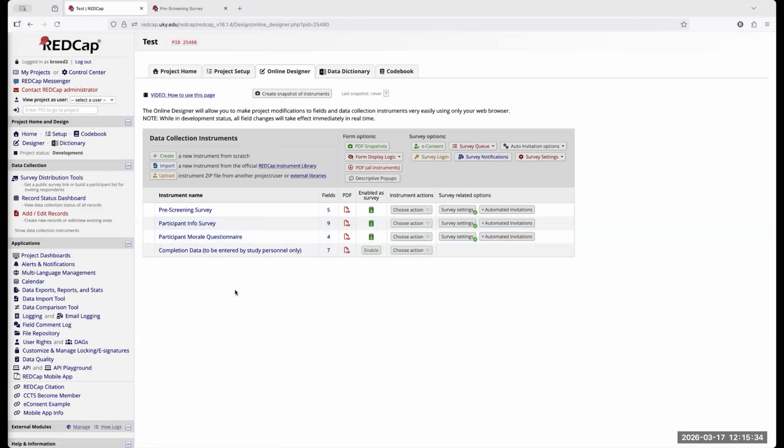So basically, when you start your project, you would manually send out this pre-screening survey using that public link. You would email that to them, post it on a website, send it to a listserv, however you want to get your survey to those participants. It could be a QR code. If you wanted to create a QR code for that individual survey, you could do that as well. However you need to get that survey to your participants, that's the way you would use it.